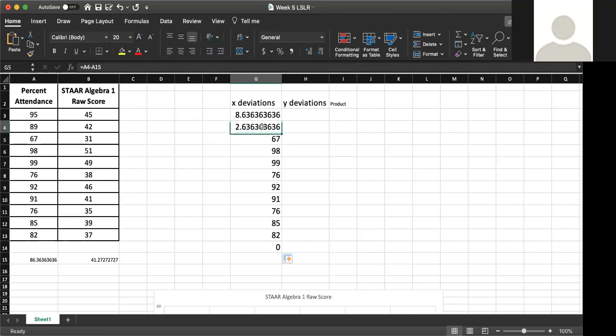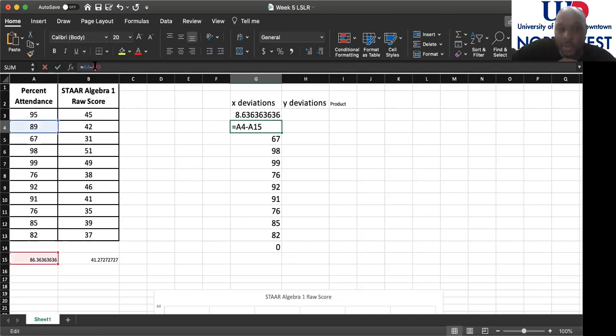So to fix it, go back up here. And what you're going to do is in between the A and the 15 there, you put a dollar sign. Because you want it to be static, which means you don't want it to move. You want to keep it the same. Right now it's dynamic, it's changing. You want it to be static. And so it's always going to go back and subtract everything from cell A15 now. And when I do that and drag down now,